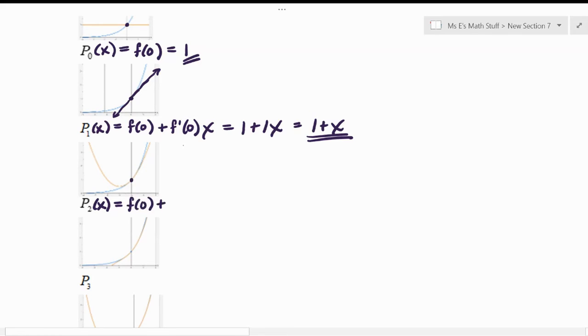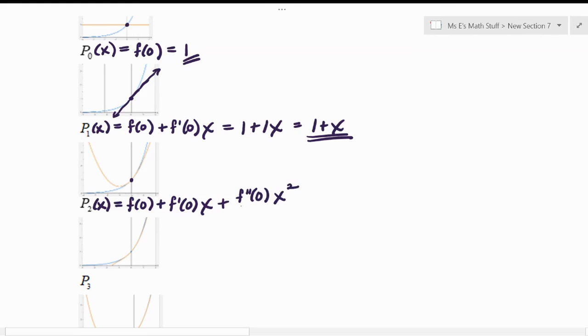We want the first derivative to match, so we still need f prime of 0 times x for the first derivative to match. And now we want the second derivative to also match. If you were thinking f double prime of 0 times x squared,